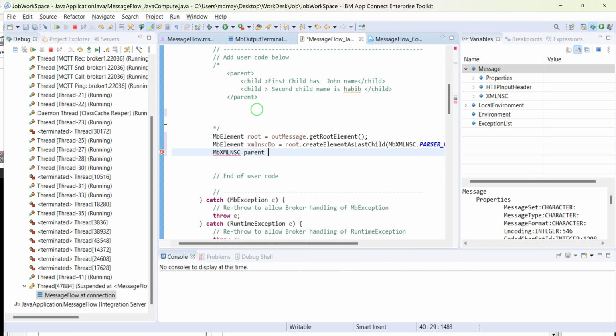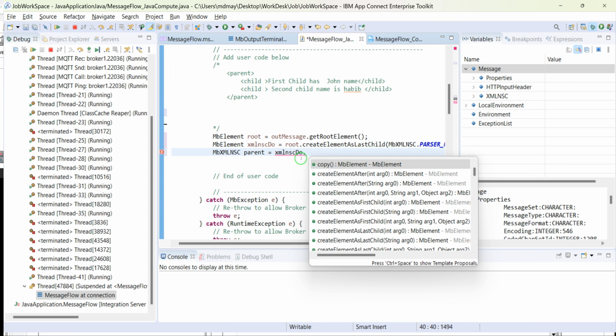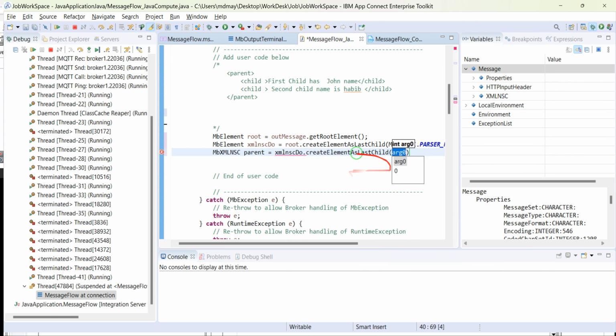MB element, we just type it parent, and this parent is coming on the domain because it's a child of domain. Then again it's a create, because there is only one parent. If there was a second parent tag, that would be the first and another one would be second, the third would be last, or the middle would be a next sibling. But since there's only one, you call it first child or last child, either way is fine. I will call it last child, and